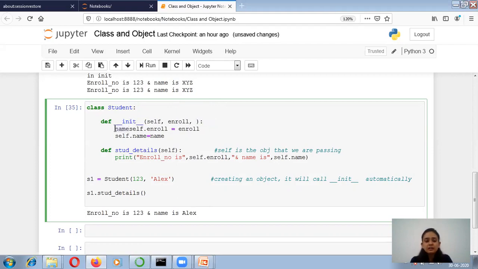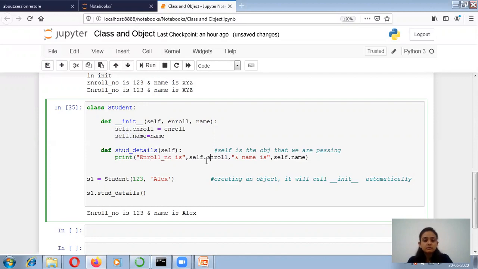Now you initialize self.enrollment_number equals enrollment and self.name equals name. So this enrollment will be stored in self enrollment and this name will be stored in self name. Like this you have to initialize the different members or attributes of the class.